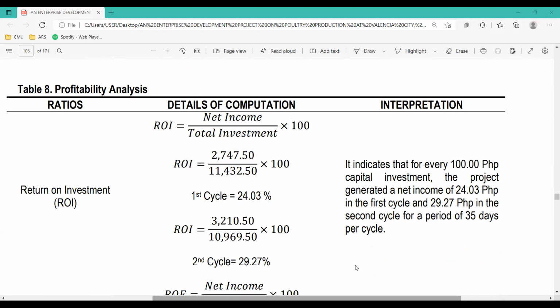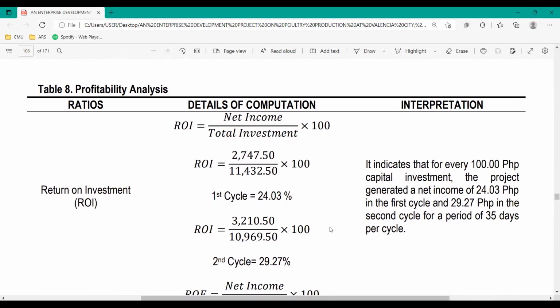So this is where we'll know how efficient we are when it comes to our profitability. So we have ROI here: net income over total investment. As you can see, I use net income. It could also be net profit. So just a clarification for you: when I say net income, you also need to put net income here in your interpretation. Okay? If you put net income here, you should also indicate net income in the interpretation.